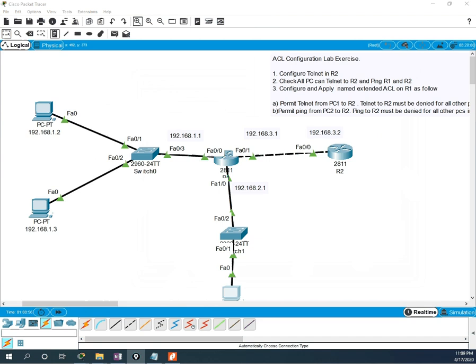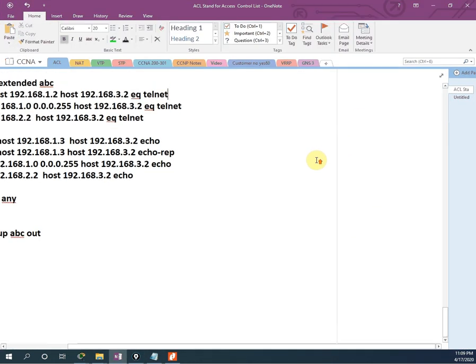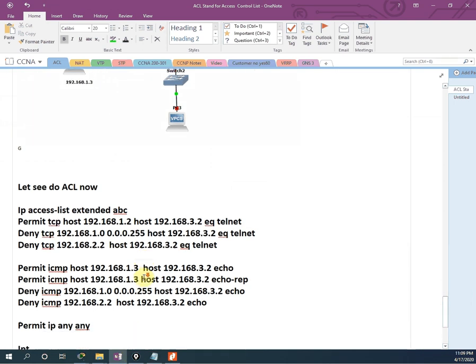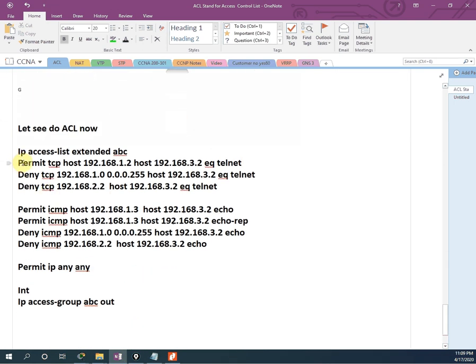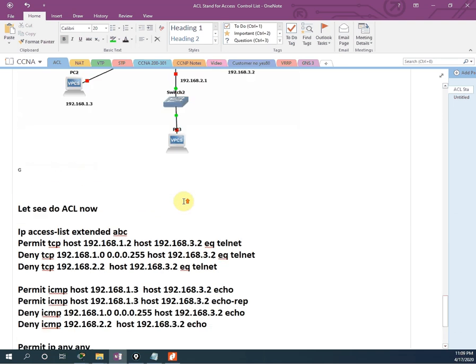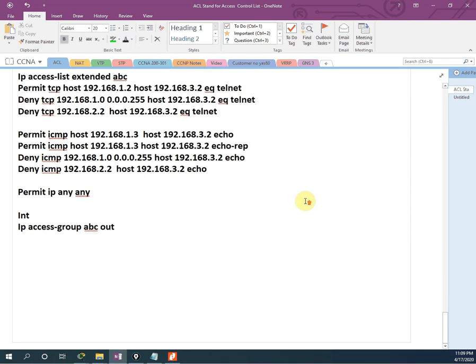Let me show you our configuration again, so you will have it. See, this is the configuration we did. I think we did the same thing, right? Or you can watch the video and write it in the notepad.